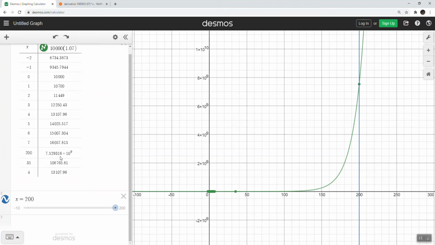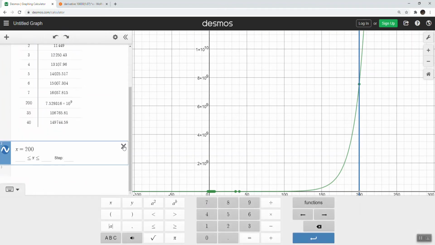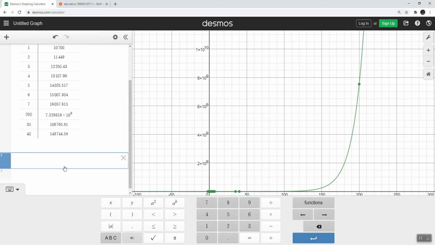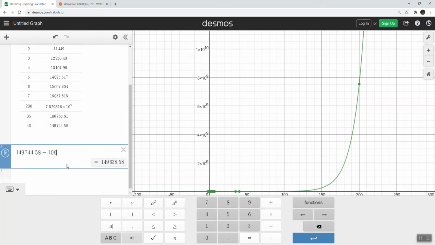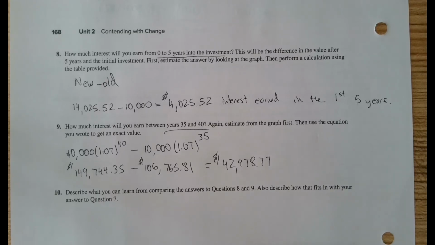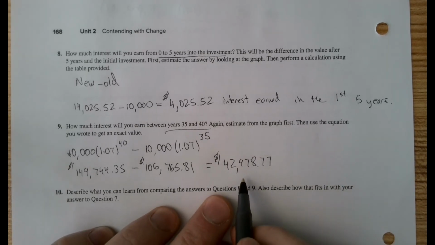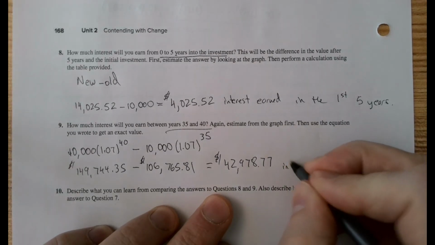Okay. So let's do that subtraction here. We've got 149,744.58 minus 106,765.81. So that difference is $42,978.77. So this tells us that we've earned this much interest